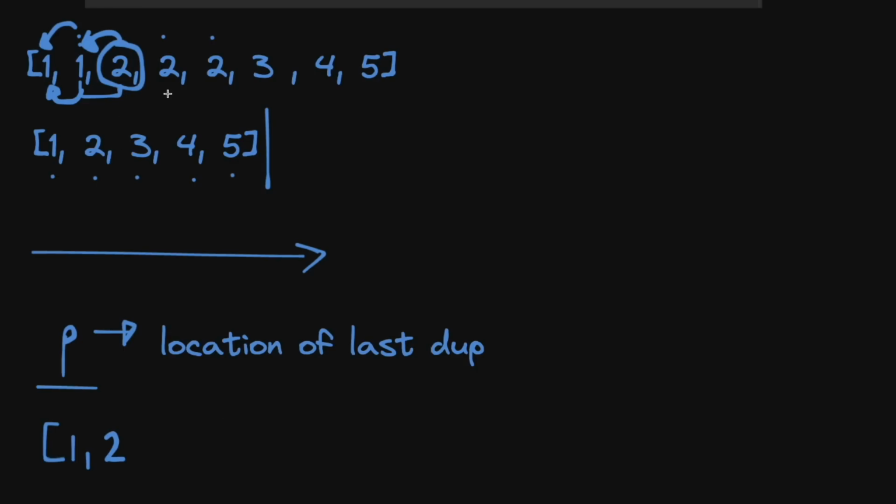And then we'd go to the next one. Our new insertion index would also go up. So we would basically move our pointer up, since now P is pointing at this one, and it's no longer a duplicate because we swapped it with a 2. We just need to move it forward. So now P would move to this index. And now we're processing this 2. Since this one equals this one,